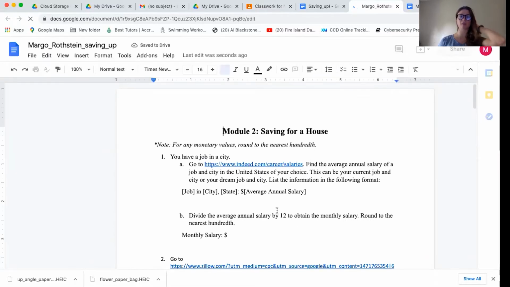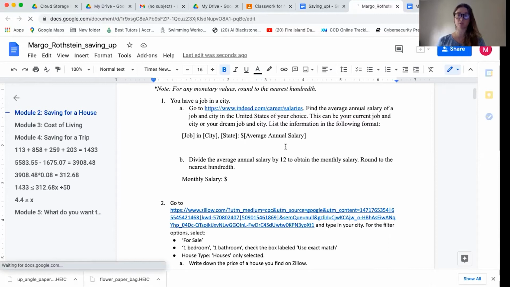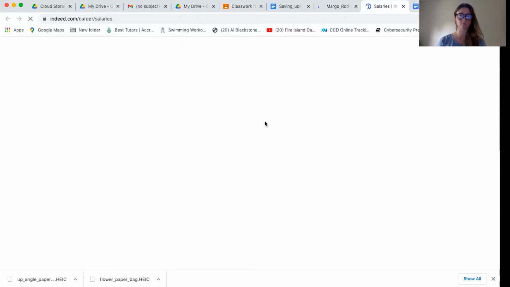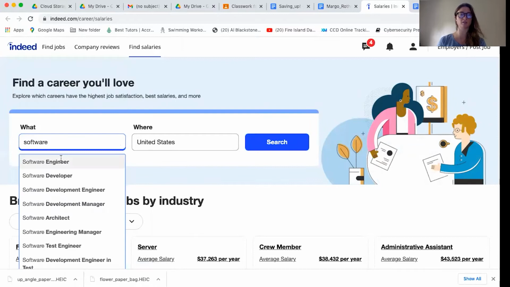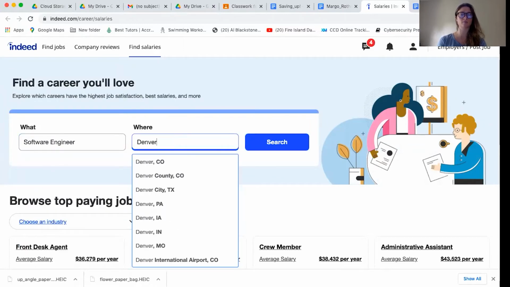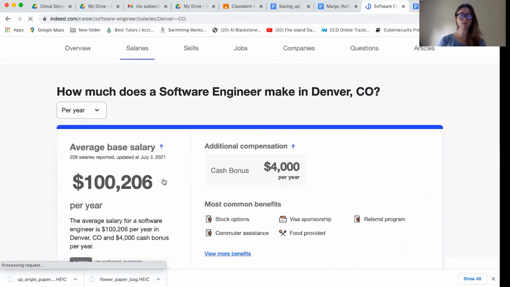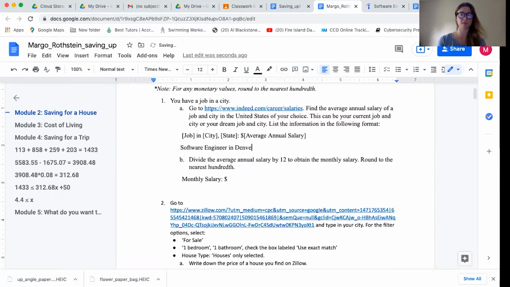It says, note, for any monetary values round to the nearest hundredth, because we're going to be dealing with money. You have a job in a city, go to Indeed.com, find the average annual salary. So I'm going to go to Indeed.com. For my example, I'm going to say software engineer in Denver, Colorado. So it gives me the average annual salary here. So I'm going to type it in just the way it says to do so. Software engineer in Denver, Colorado,